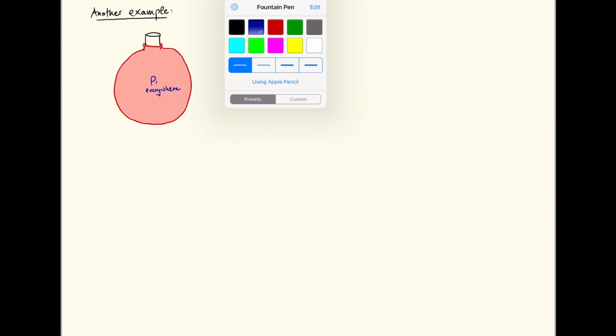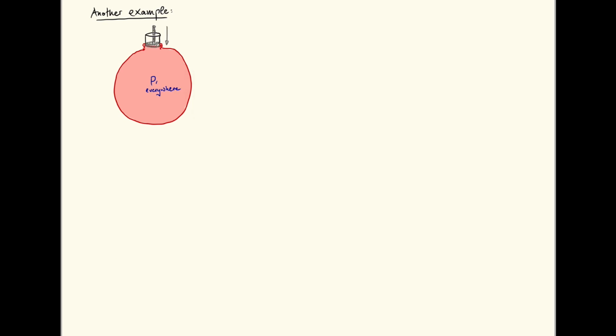Another illustration of Pascal's principle is that of a balloon filled with a gas attached also to some form of piston. So imagine a balloon that expands elastically, automatically, such that P is constant and the pressure is P1 everywhere. And now you take a piston and you apply a force to compress the air in the balloon, and as a result the balloon will expand,